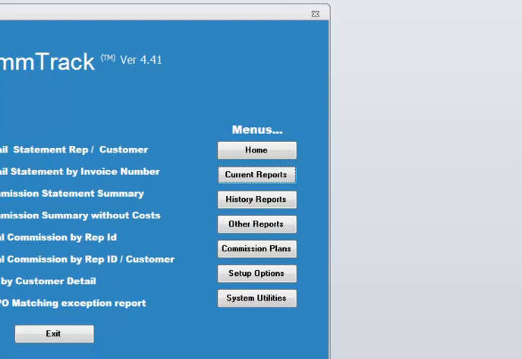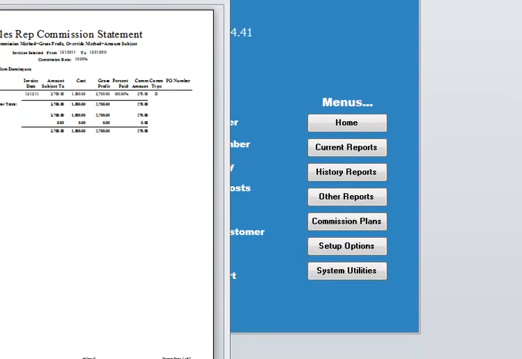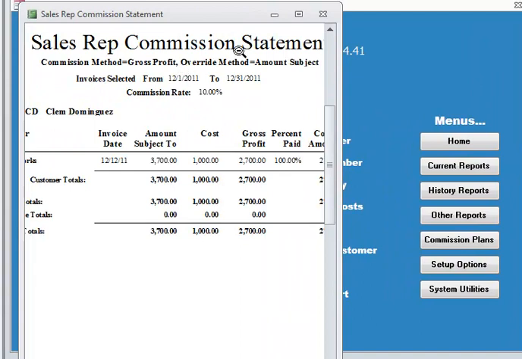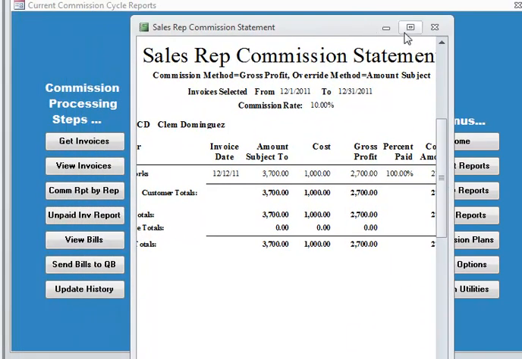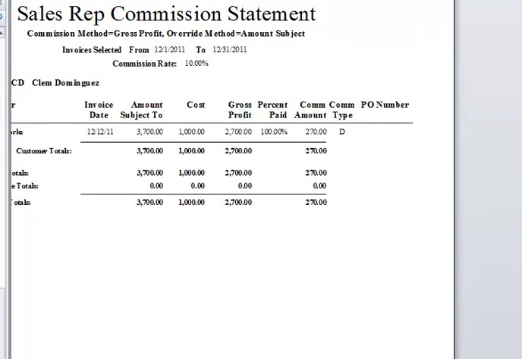And you can do a commission statement. Let's move this over again so you can see it, and make it a little bigger. And as you can see, now you just have the one line. You don't have all the detail. And a lot of people like just the one line. Okay. After you've done that,